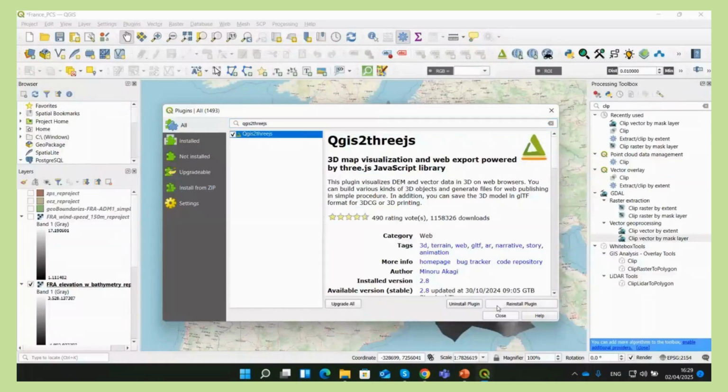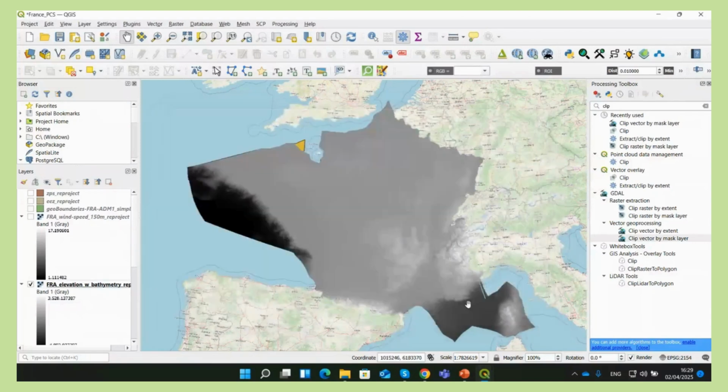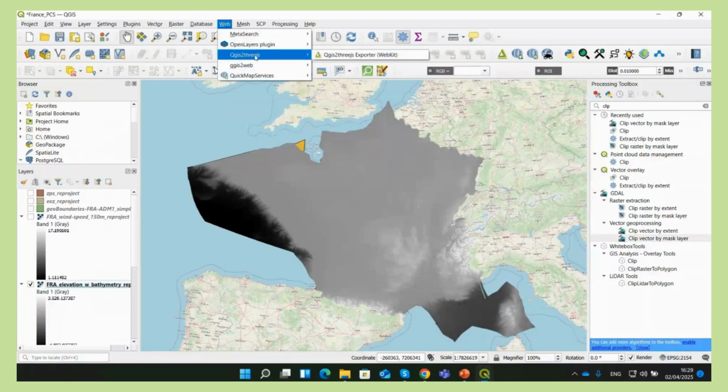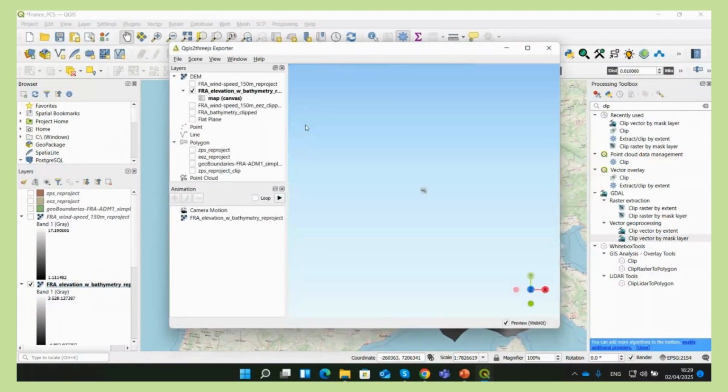You select the plugin and you install it. Using this plugin, we will try to create a 3D map visualization for France. It's not that difficult. When you install the plugin, here on Web, main toolbar, Web, QGIS2threejs, QGIS2threejs exporter, we will try to create an online map, and we